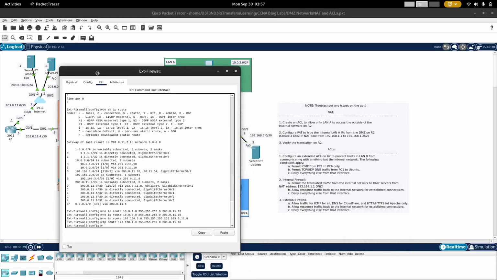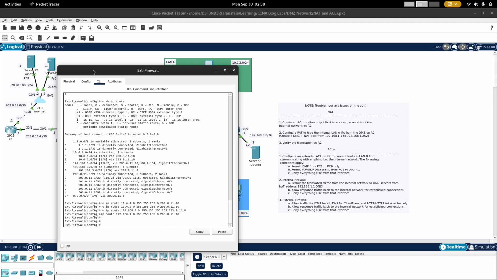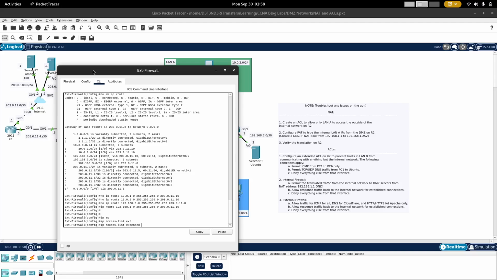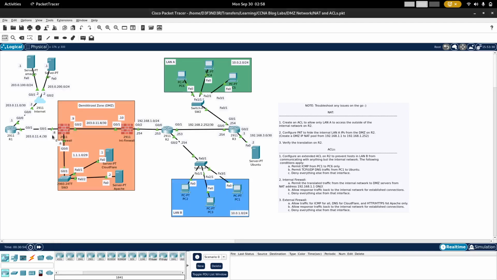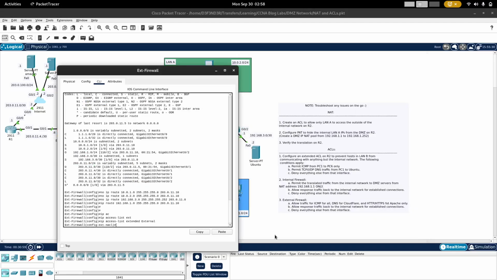We're going to block and basically filter as much traffic as necessary to only allow necessary traffic within our DMZ. Basically minimizing the attack surface for our internal network. So we're going to say IP access list extended. Now we're going to call this one external. Again, like this one, we called it internal. So we're going to allow permit